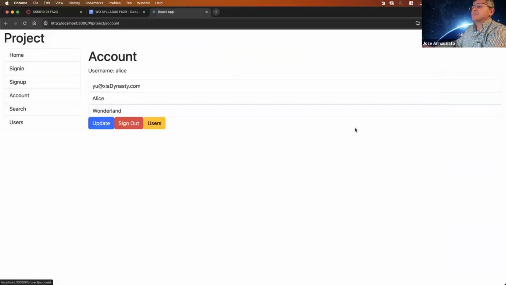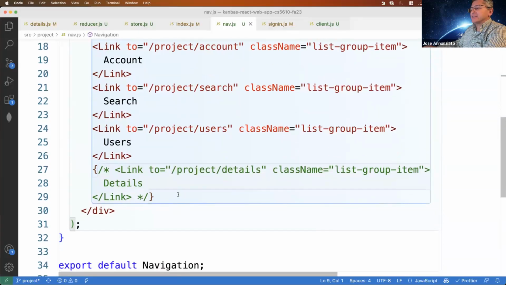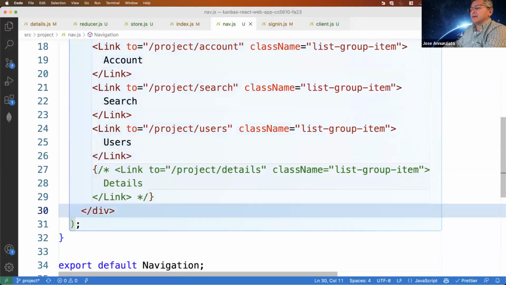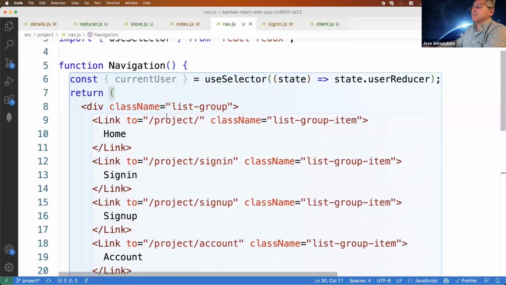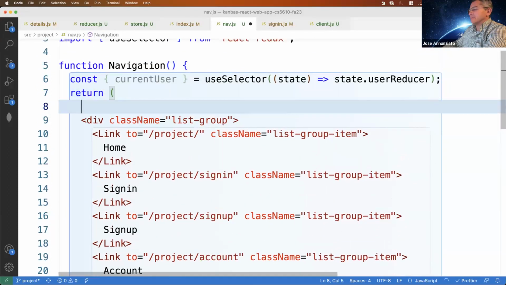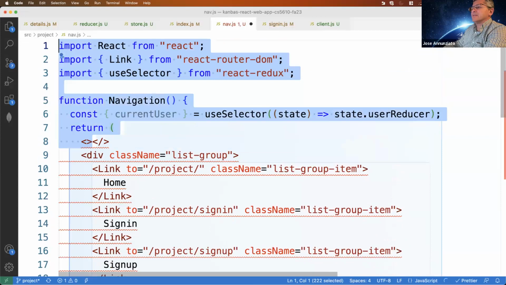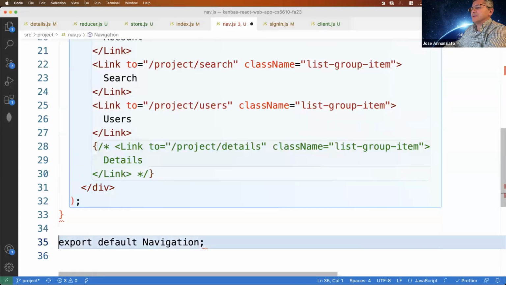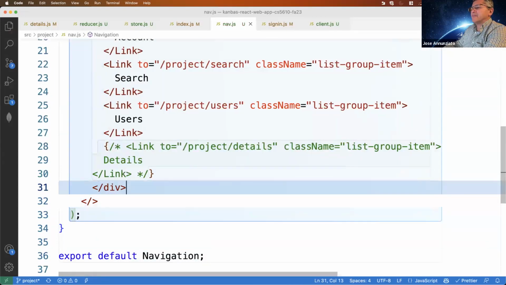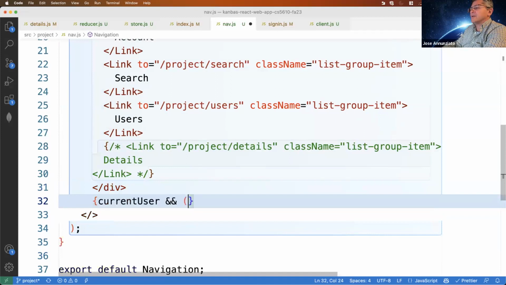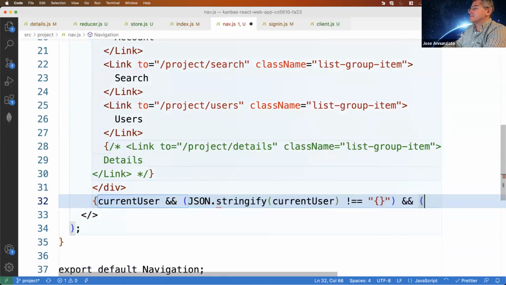So just to make sure that we have that information, let's render it at the end. Maybe we can create a little, oops, like that, and render it right here. So if there is a current user, I want to render the JSON stringify current user.